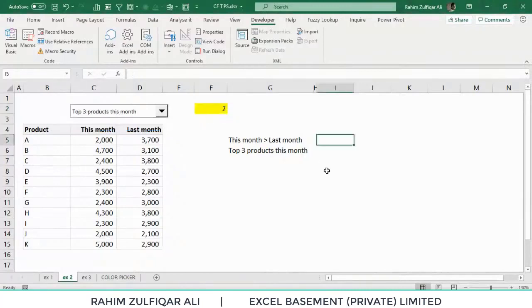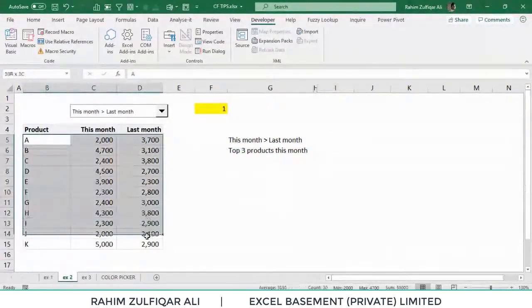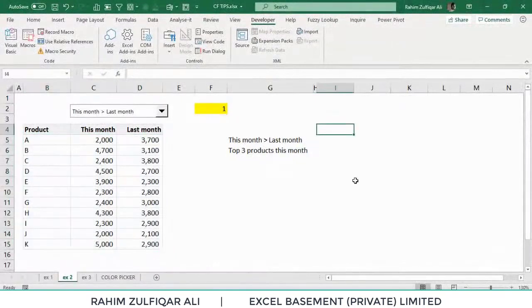Now the next part is how we are going to apply this situation on this specific data set. We need to use some helper columns, or extra columns, to create logics, and then we will define that logic in the conditional formatting. So for scenario 1 and for scenario 2, I will be creating a very basic Excel formula.